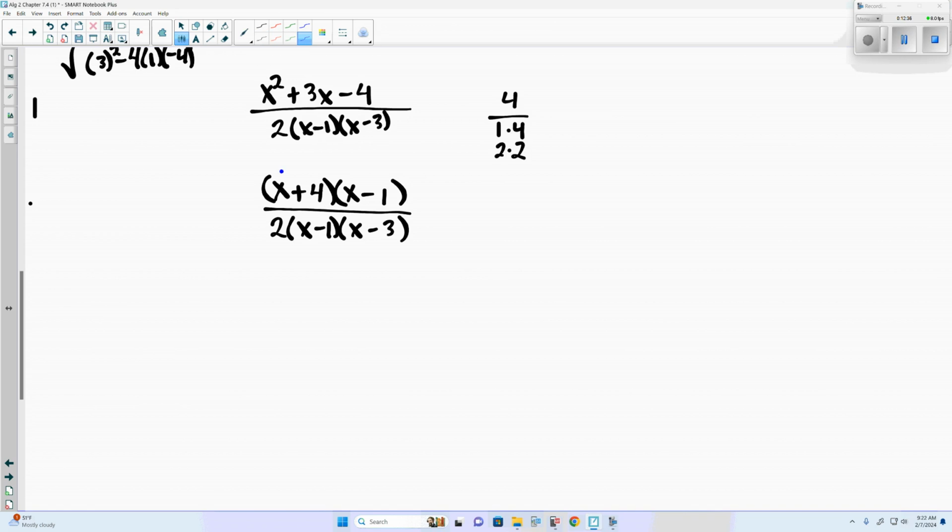Now we can check it just to make sure. X times negative 1 is negative x. 4 times x is plus 4x, which does give us a positive 3x. Yep. So we do have something in common on top and bottom. So they cancel out, leaving us with